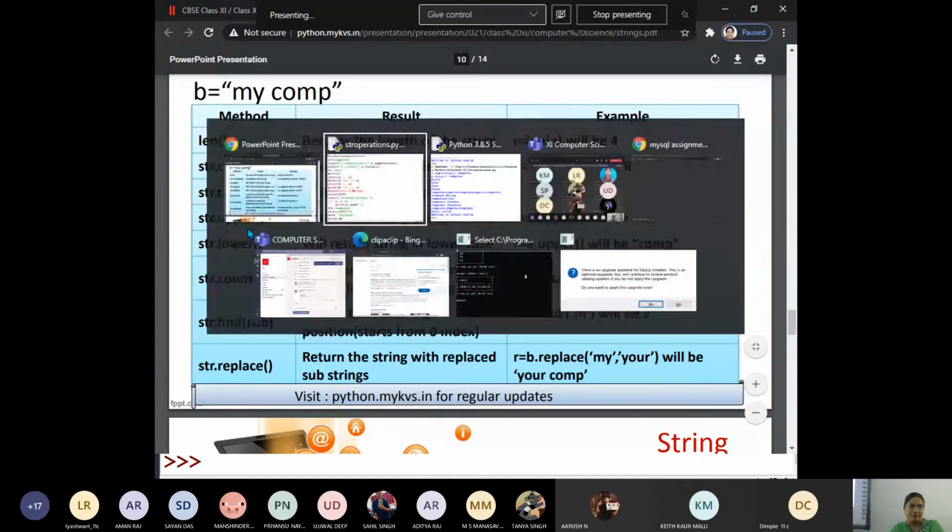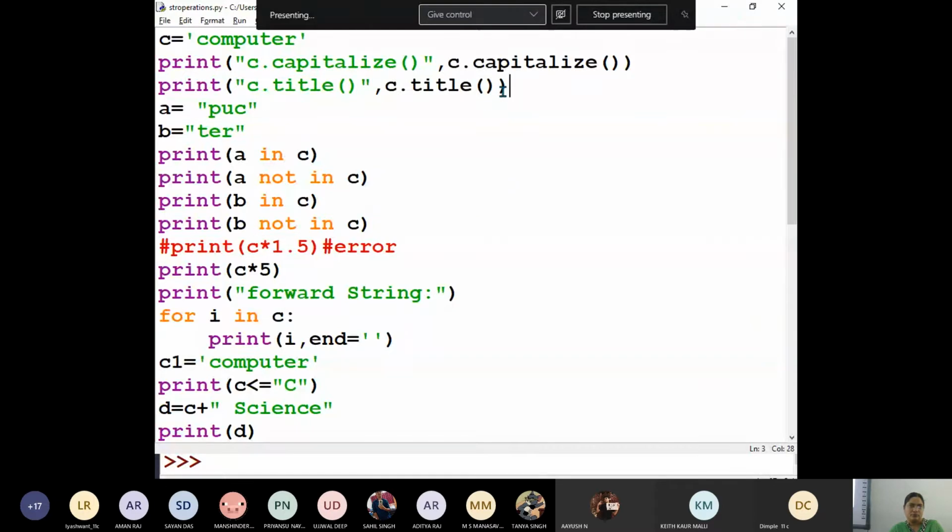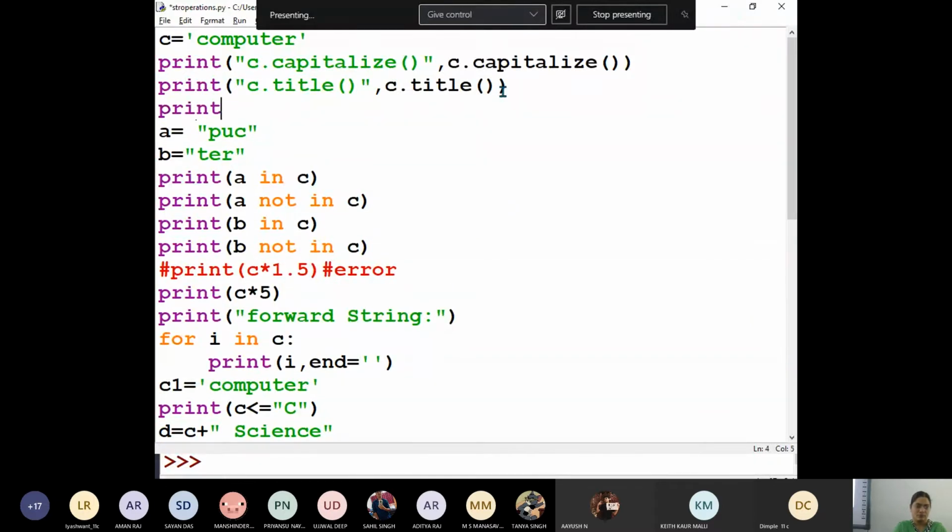Okay, now upper. C dot upper. Upper will change all the lowercase characters to uppercase.